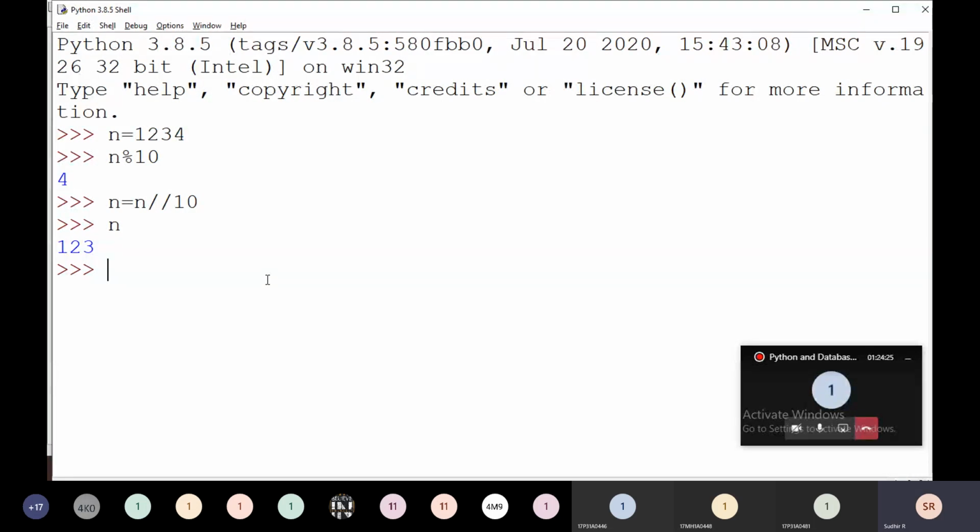What is that? 43, right? Yes, 4 into 10 plus 3 is going to be 43.